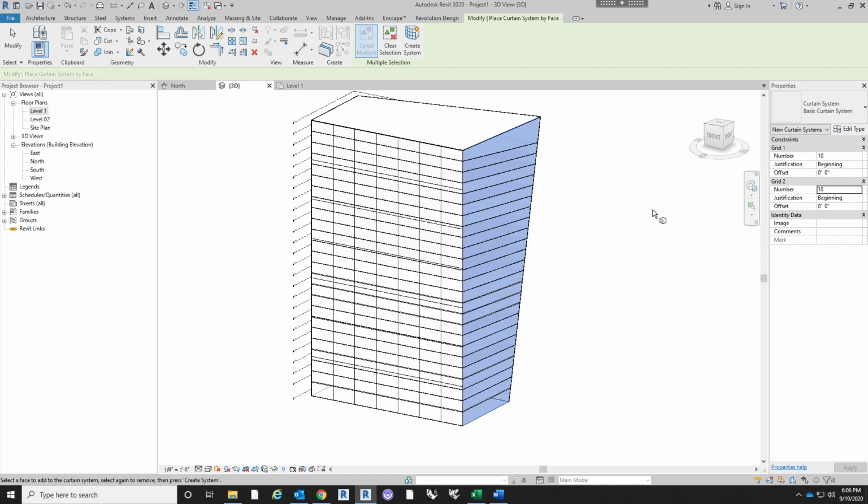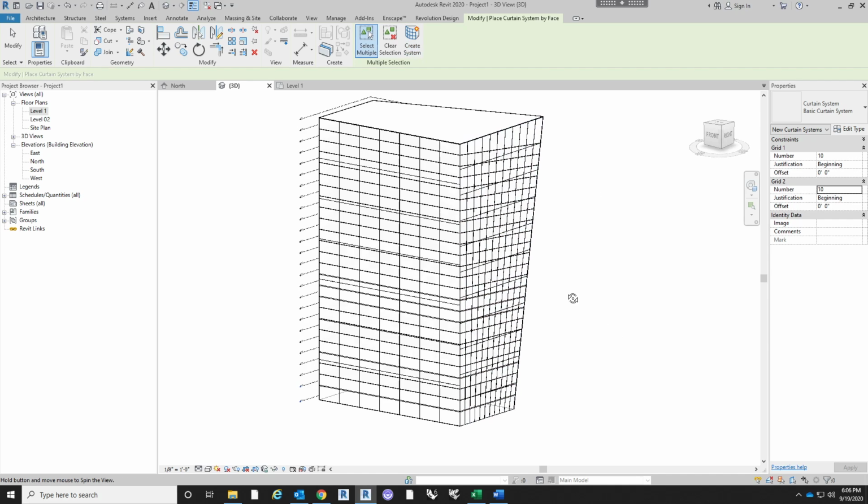When they're subdividing surfaces, they don't say X and Y, they say U and V. It's somewhat the same, but it's different, which I know doesn't provide any sort of clarity whatsoever, but you'll see what I mean. So 10 in the U, 10 in the V, hit create system, and now we have